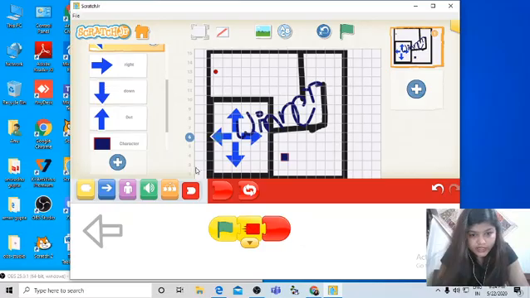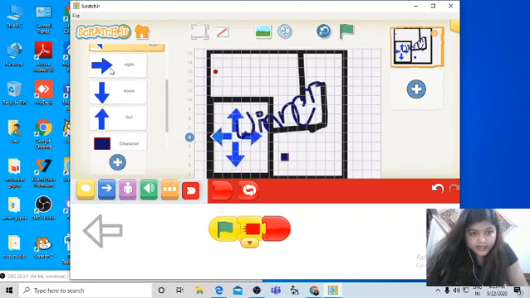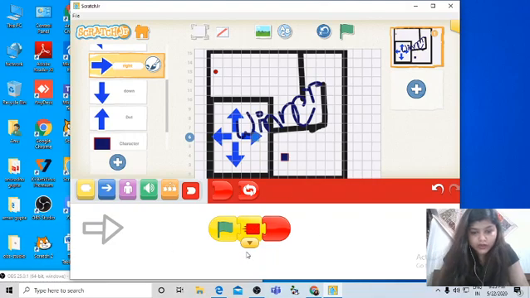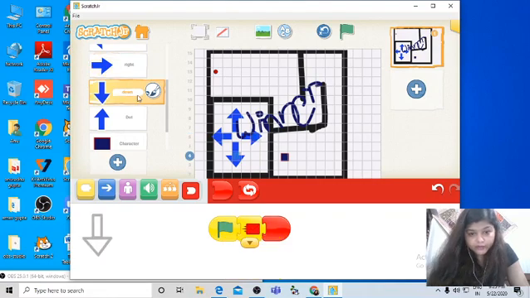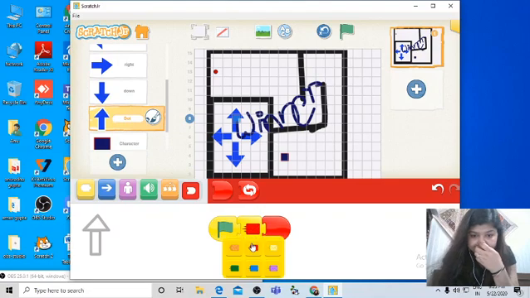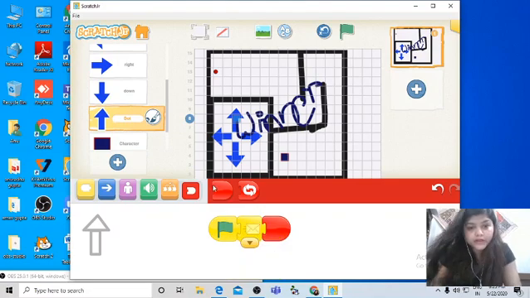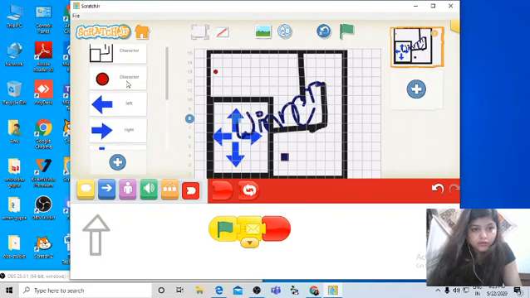Then I just change the color. You can see when I click on this, the code is already existing. So for right I am choosing green color, for down I am choosing orange color, and for up I am choosing yellow color. Okay, now same way you need to code.